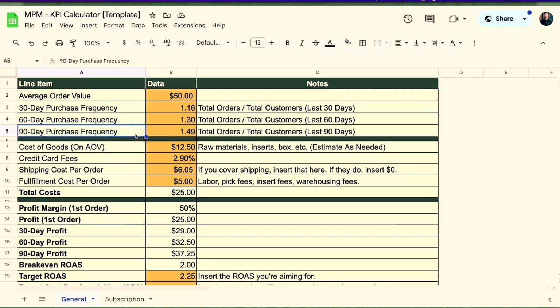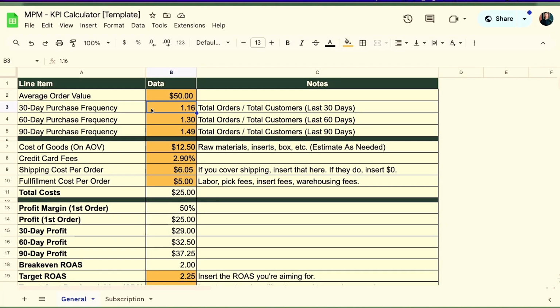Now, how do you do that in a simple way? Well, there's a lot of super complex math and ways to do this, but we like to keep things simple because our numbers are always changing and we would have to constantly update this. So here's the quick way to do this. If I want to figure out my 30-day LTV, we need to run a report on Shopify in the last 30 days, and I'm going to take total orders divided by total customers. And that's going to give me a purchase frequency.